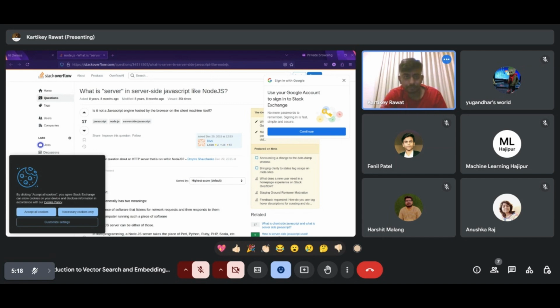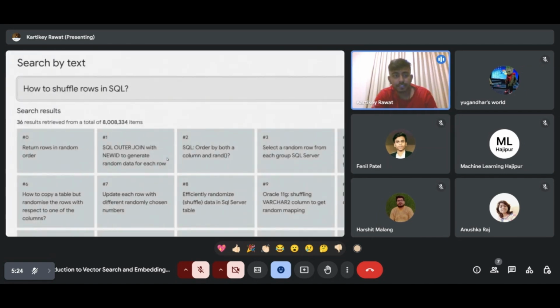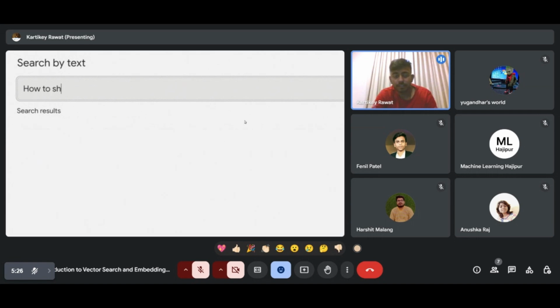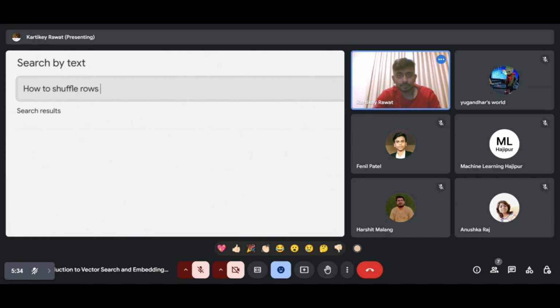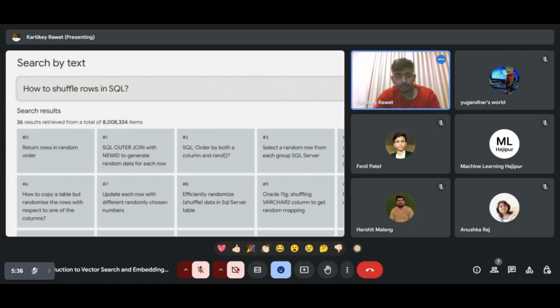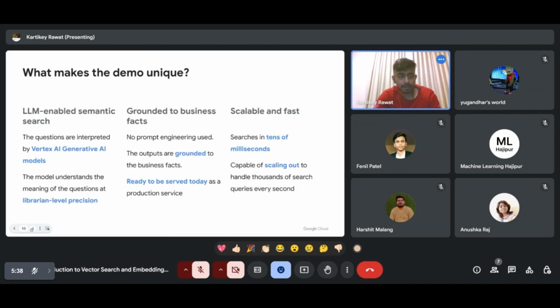Let me go to my slides part basically. Yep. So if you see here, how to shuffle in SQL, something like can we get, and it basically gives the results and all. Okay, this is the part behind. Let me go to the next part. Okay, so